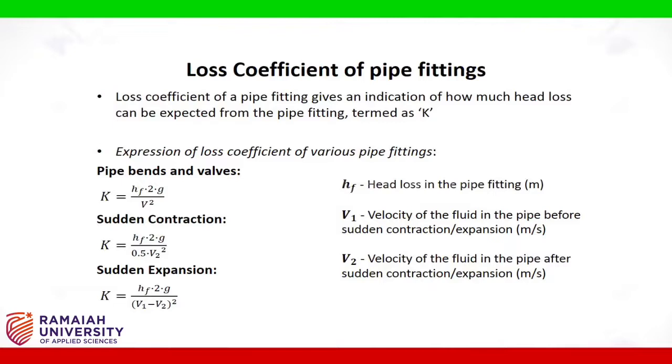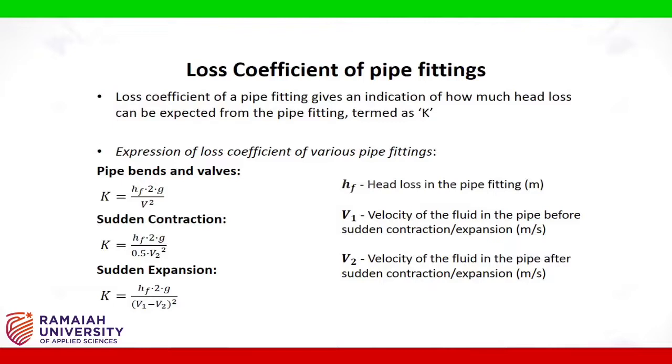For sudden contraction, K is equal to HF into 2g divided by 0.5 V2 squared. And for sudden expansion, K is equal to HF into 2g divided by (V1 minus V2) the whole squared, where